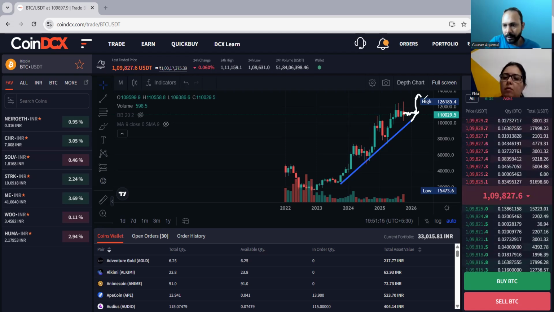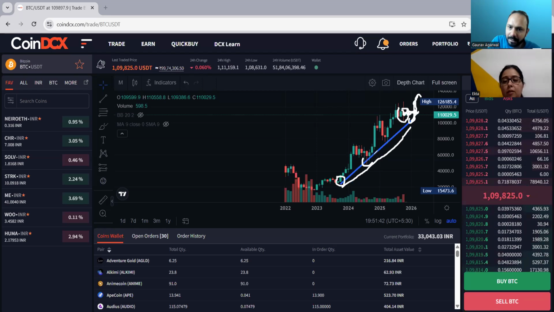Okay, correct. So there are two possibilities. So right now, what I am thinking is that since it is trading in a range, it will keep trading in the range, and sometime after 1 month or 2 months, it will touch this blue line and then go up. Because this is a long-term trend line support. The smart money, like for 2 years, 3 years, the smart money is entering at this line only all the time, right? Until this line breaks, I think one should not worry about Bitcoin going down. It will not go down.